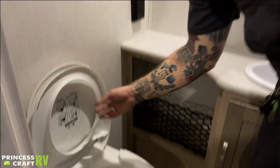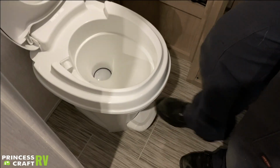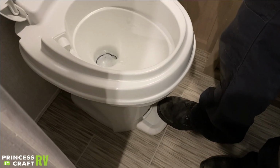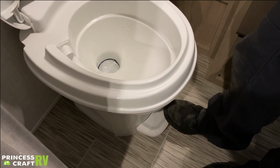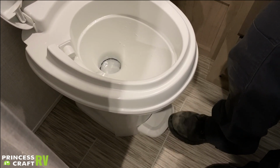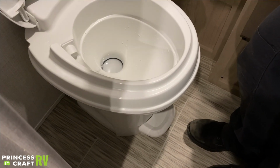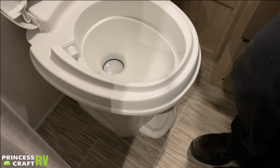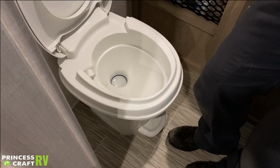Toilet. Get your chemical out of there. Toilet's going to be a light press to fill up the bowl, full press to flush. Now, we do want to keep water in the toilet. That is going to, of course, help keep those bad smells down. Keeping the water in the toilet in conjunction with a deodorizing product is going to help keep things nice and